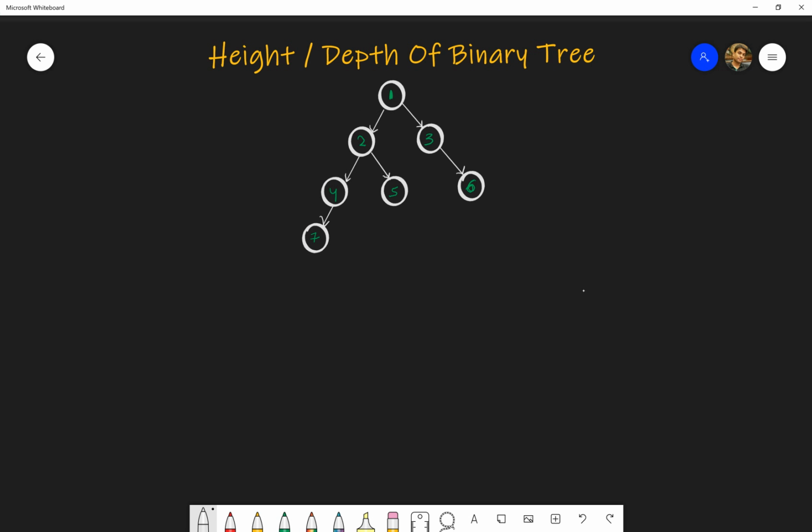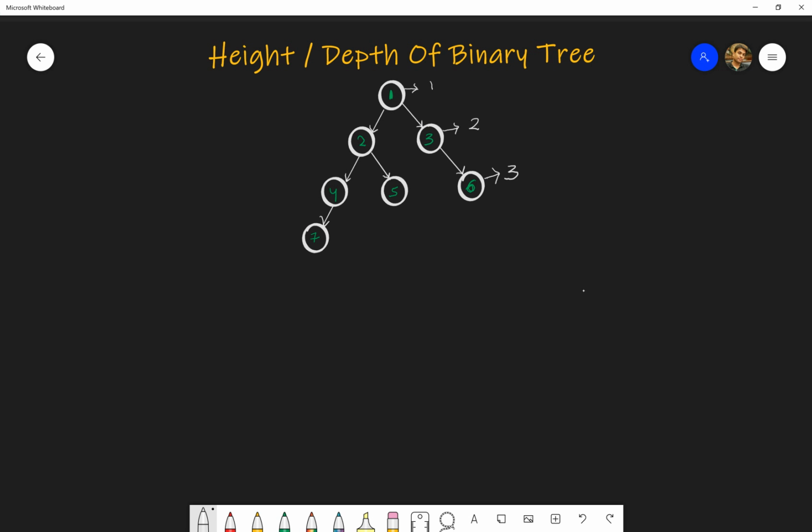For node 1 the height is 1. For every node, as you progress towards the left side or the right side, we can calculate the height. For node 3 the height will be 2. For node 6 the height would be 3.